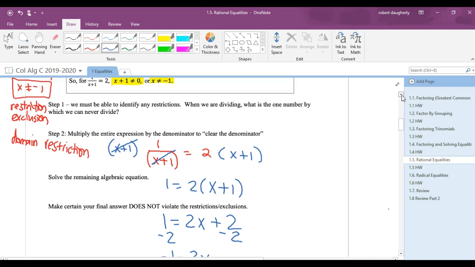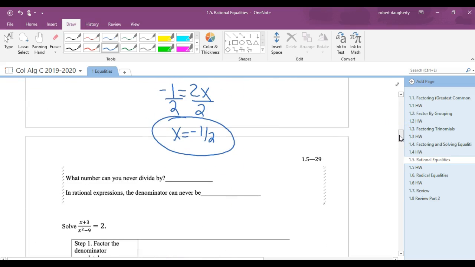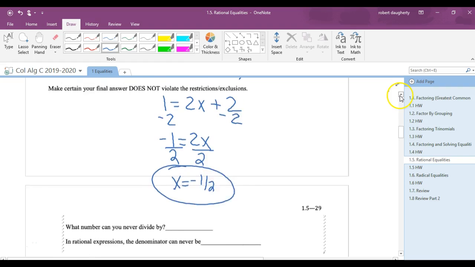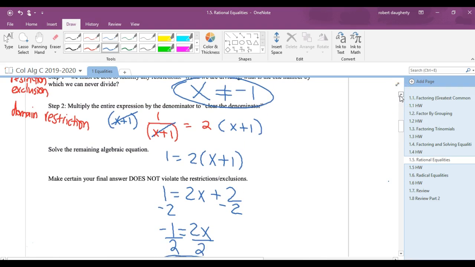Yeah, so I know that x cannot be negative 1. Does this answer violate that? No, I'm good, okay? So it's perfectly fine for x to be negative 1/2. If I had come up with the solution x equal negative 1, I would say that's not going to work, okay? So that's why up front, determine what the exclusion or what the restriction is. Go solve the problem, double check your answer to make sure it doesn't violate what you know to be the